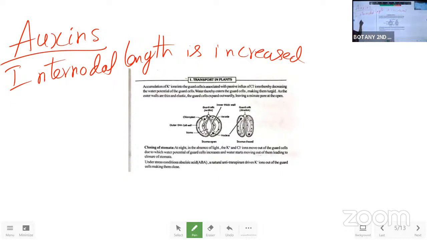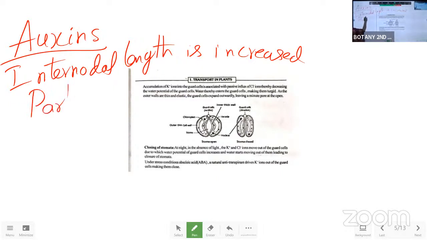Whenever the internodal length is more, the stem elongates. Okay, in between the two nodal regions, that is the internode, which is having more distance, that is the more length. So that is the internodal length going to be increased. Example, sugarcane. Okay, and the next one is